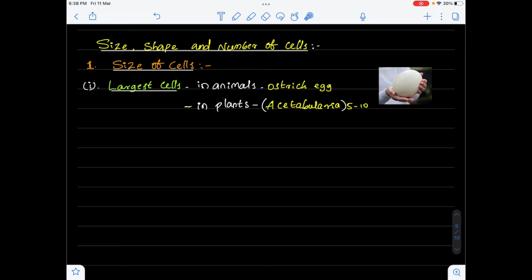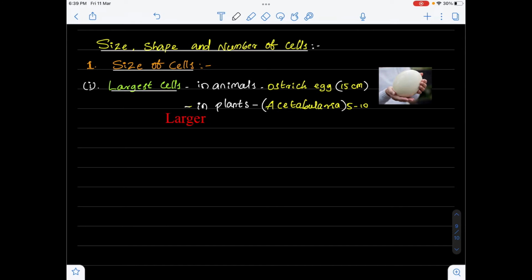Sir, are algae plants? Yes, algae are also type of plants, but algae body is not well differentiated into roots, stems and leaves. It possesses chlorophyll like higher plants, but it does not possess roots, stems and leaves. So algae are also a type of plants, but their body is not well differentiated, hence they are called as primitive plants. In plants, largest cells are acetabularia, but actually the recently discovered one is